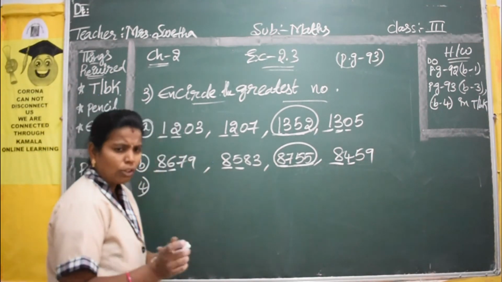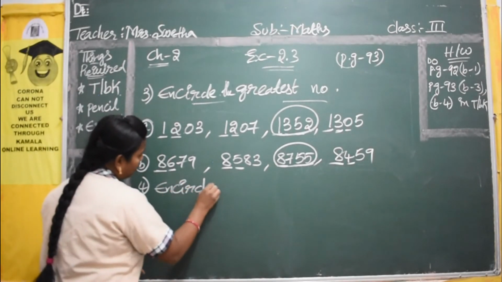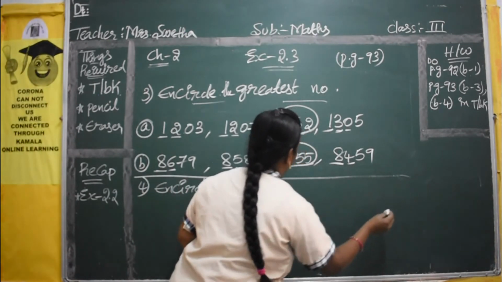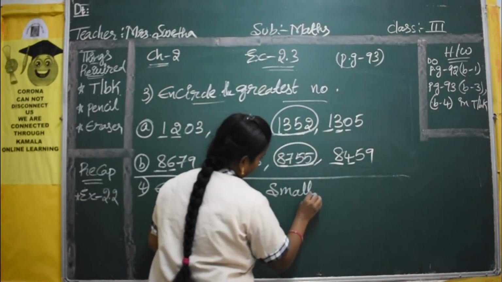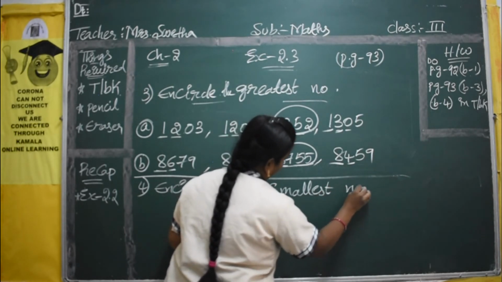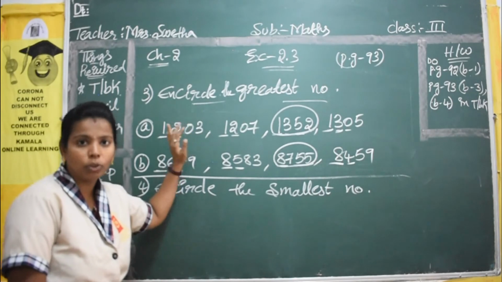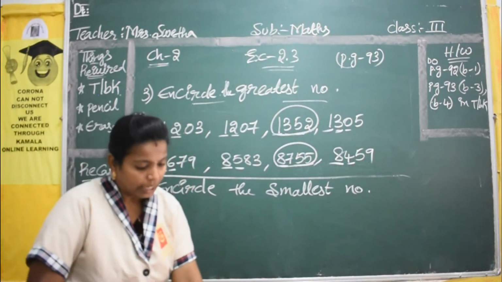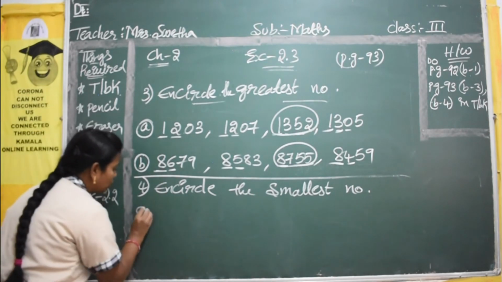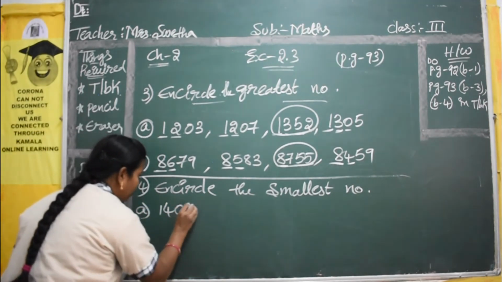So this is also the same as that, but here you have to check the smallest number. So encircle the smallest number. Okay, so in this bit two are left. I said two problems, so the other two will be homework, children. You have to check and you have to circle. Okay, now see this fourth bit. In this also I will tell you two problems. So here also you have to check in the same way.